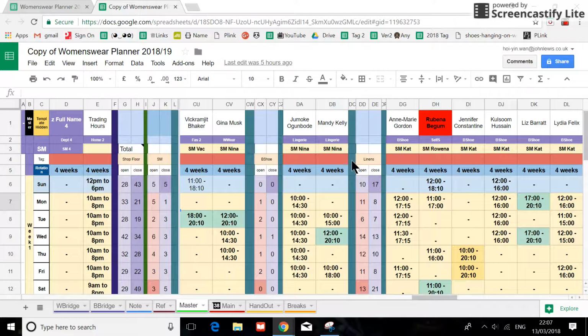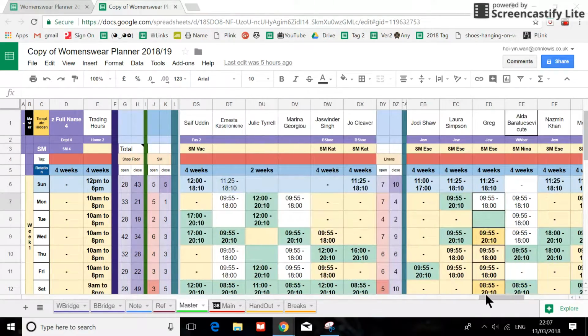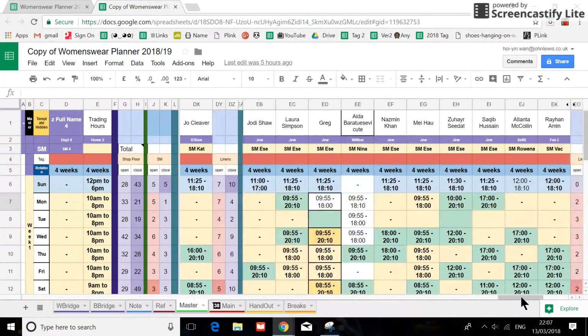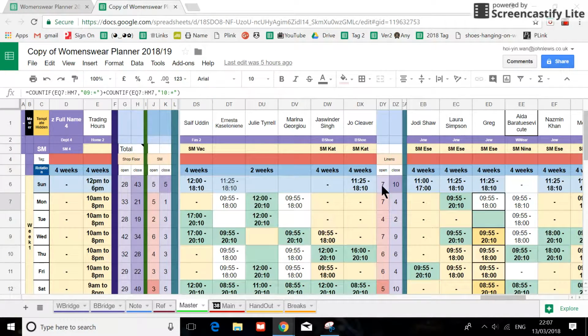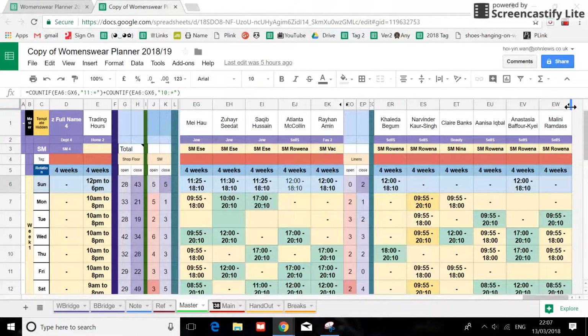So you can see that there are some color differences, and if you look closely, you see that the person who duplicated this planner did not make the changes. As you can see here, you've got linen again, and linen again. Not just that, the count is actually completely wrong as well. It's actually counting the wrong area. So here it is counting from EA and it's finishing at GX, and there is no GX, it's all the way down here. So it's actually counting double the section,